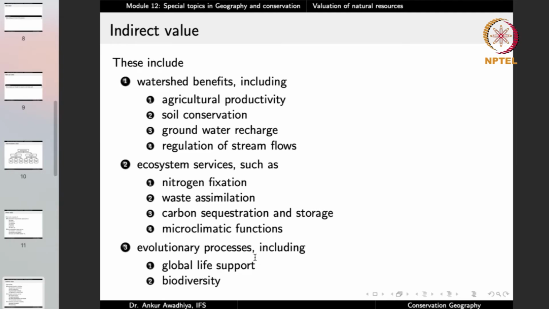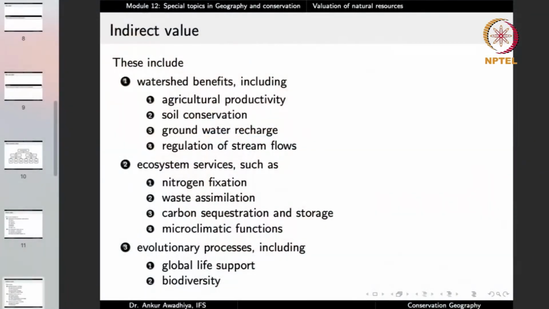Now we gain certain benefits because we are using the forest in an indirect fashion. We are gaining certain resources out of the forest, but we are not taking these resources directly, but in an indirect fashion, such as the watershed benefits, including agricultural productivity or soil conservation